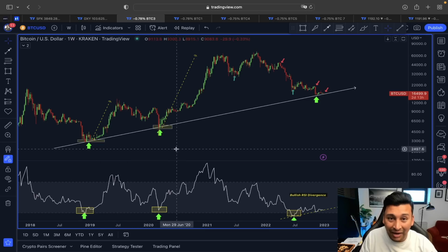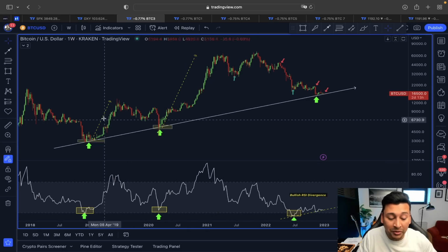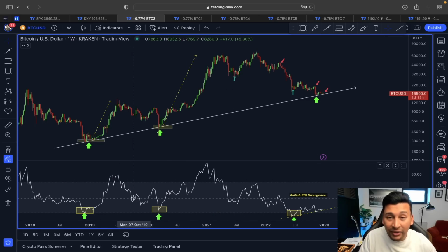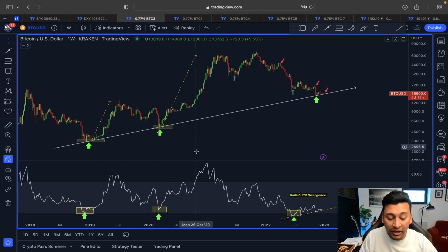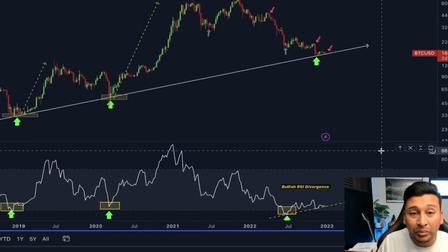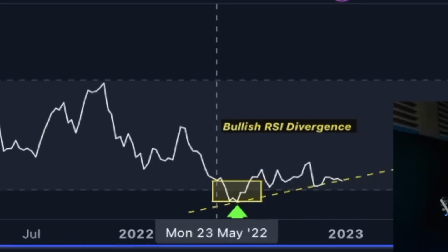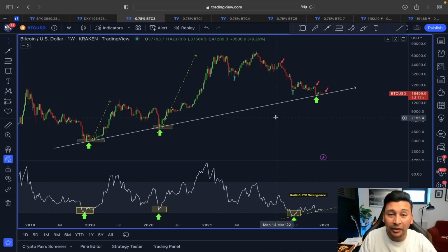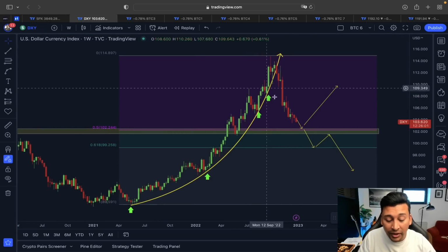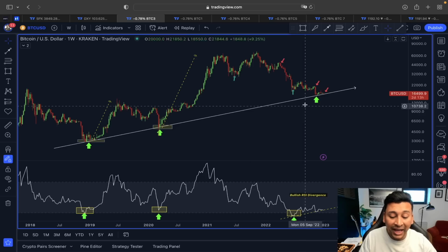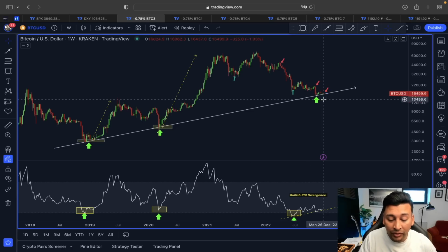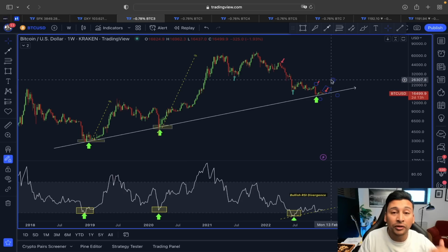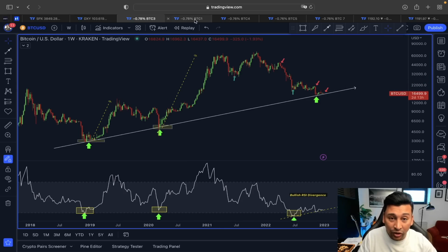even though the RSI is supporting the movement, because in the past price action, whenever the weekly RSI was around the oversold area after finding support at this rising trend line, we started a new movement here to the upside, and this exact scenario is also being flashed for us right now along with this bullish divergence. So what I'm trying to show you here is that in the medium short term, if the US dollar index is going to show further weakness, right, that means the price of Bitcoin might find support around this 16,500 to 16,000 range and show some sort of a relief rally for the coming days,